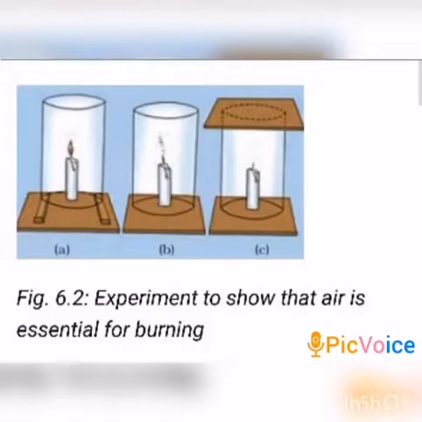And there is a second activity. What is it? The activity 6.2. From this activity, we are going to investigate the conditions under which combustion takes place. Already you have learned this in your lower classes. Okay. What is the activity 6.2? Look at the picture, children. First one, fix a lighted candle on a table. Put a